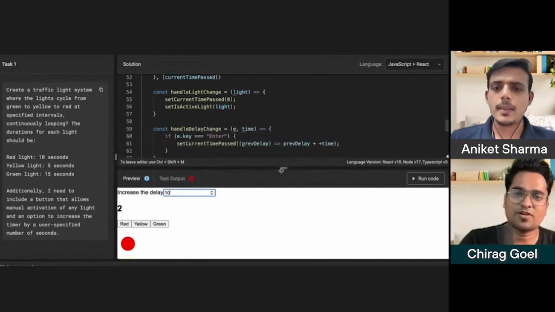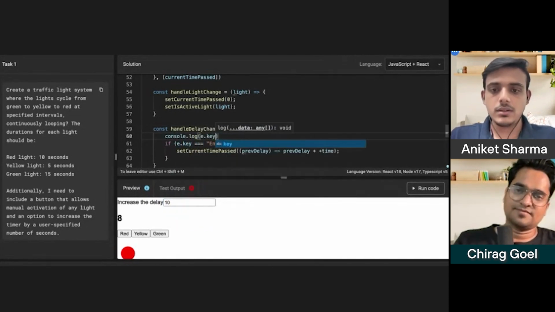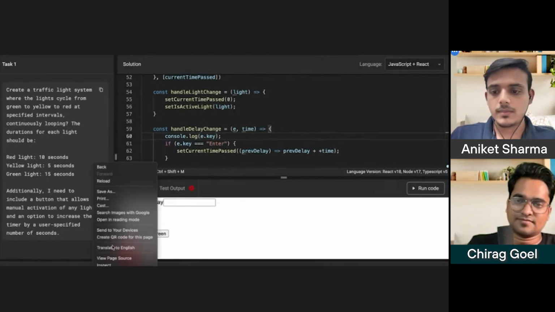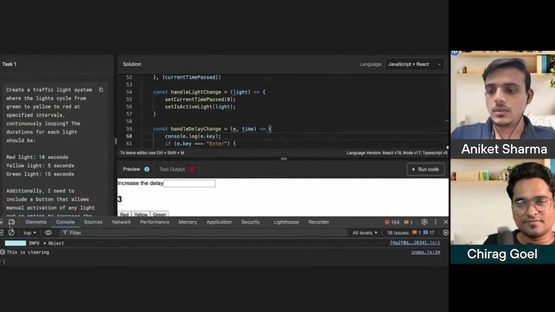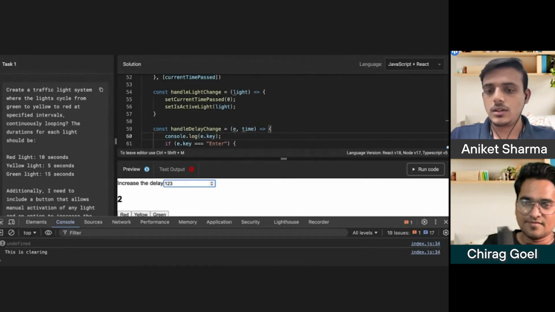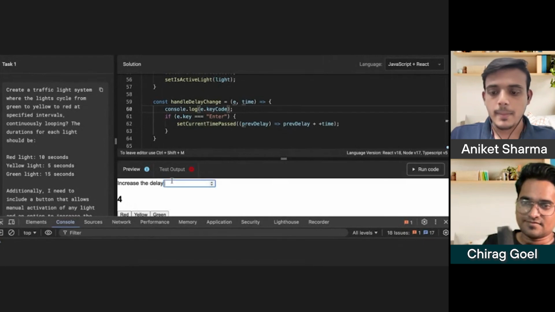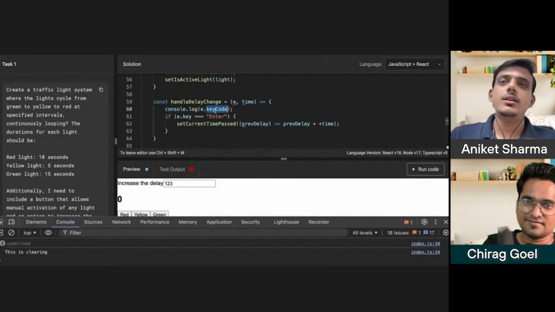I think you can just console.log what you are getting as e.key. Console, clear it out. If I type anything, 1, 2, 3 and enter, oh, enter it is not taking. e.key, keyCode, I think it should be. Try keyCode probably. 1, 2, 3, no. Let me check e.